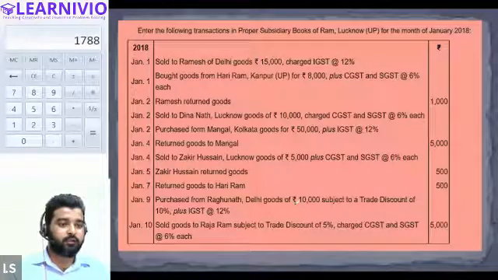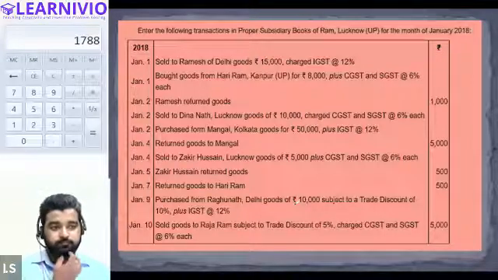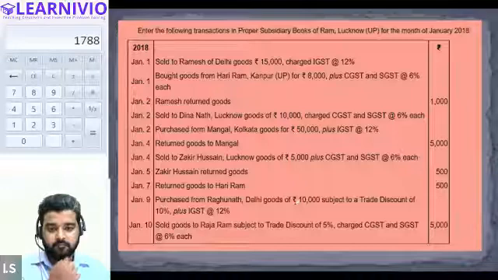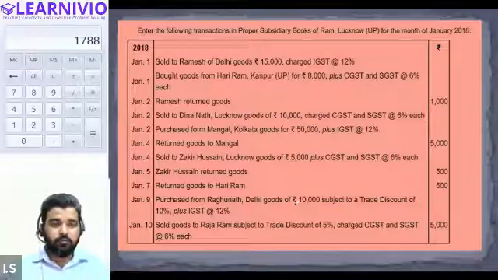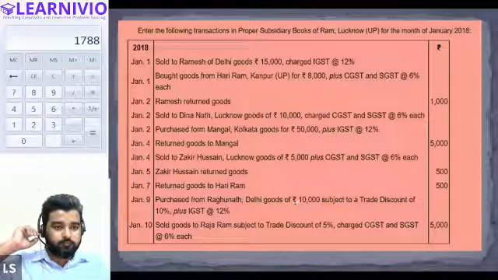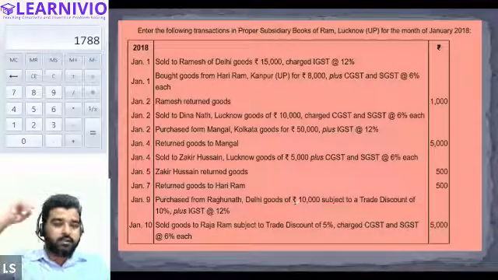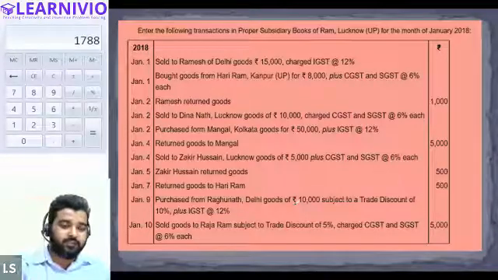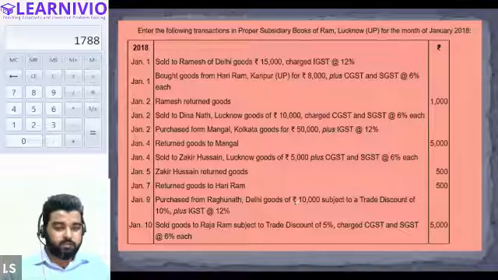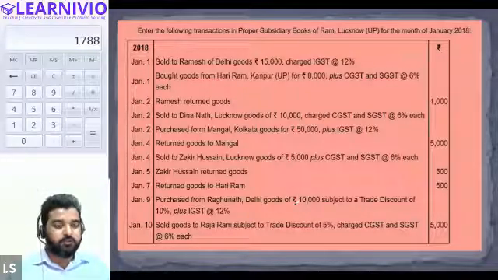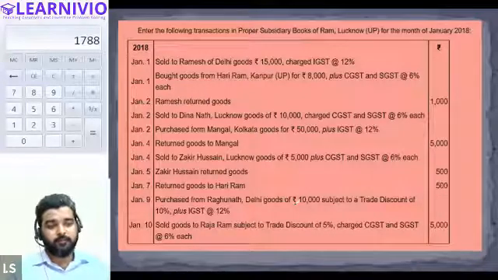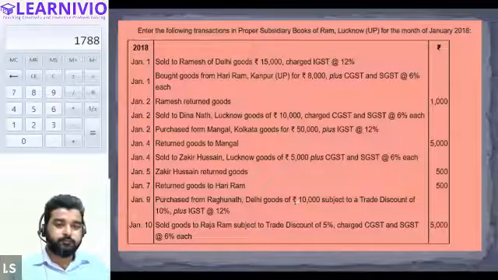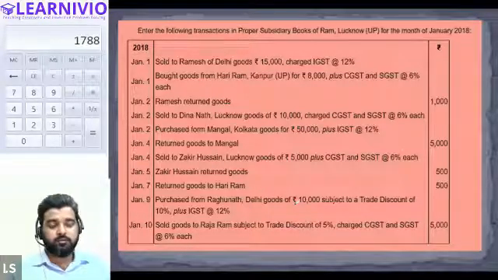Sorry, sir. But if you're doing the sales return book, then all the transactions will be in that book, right? Out of all the dates. Yes. All transactions relating to sales return will be recorded only in the sales return book. All transactions relating to purchases will be written in the purchase book. Sales will be recorded in the sales book only. So all similar transactions will be recorded at one same place.